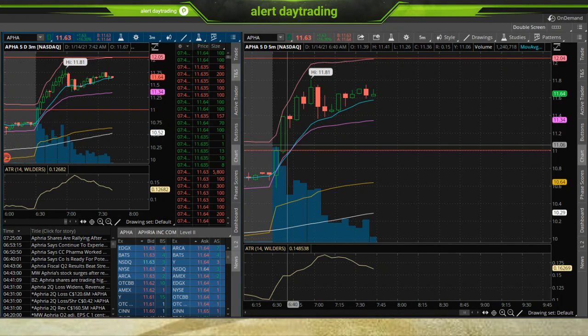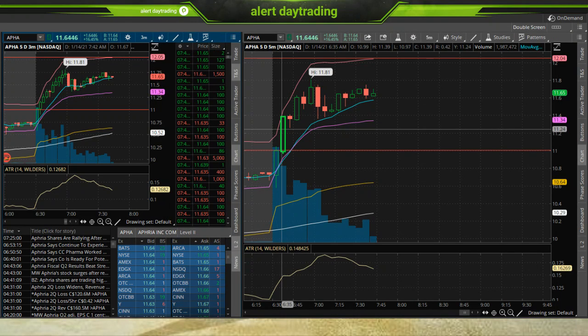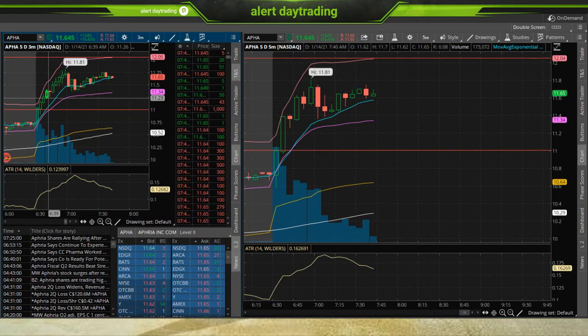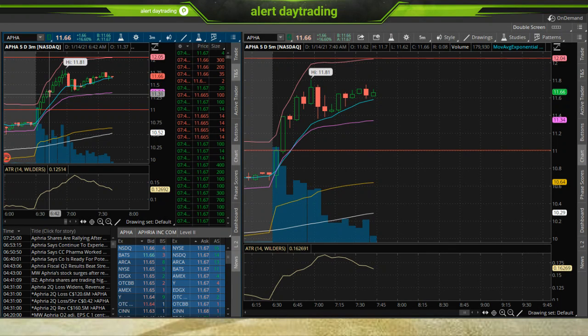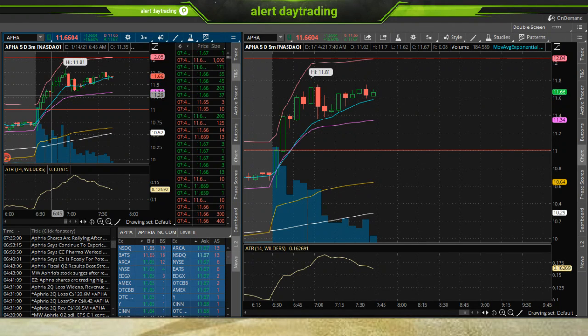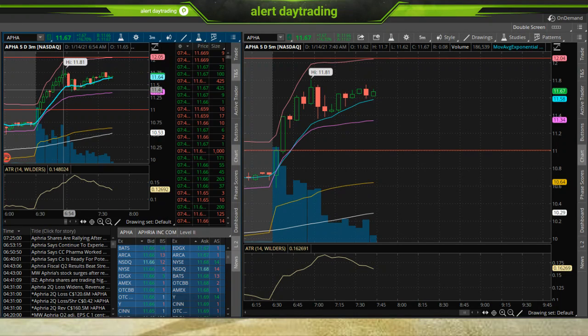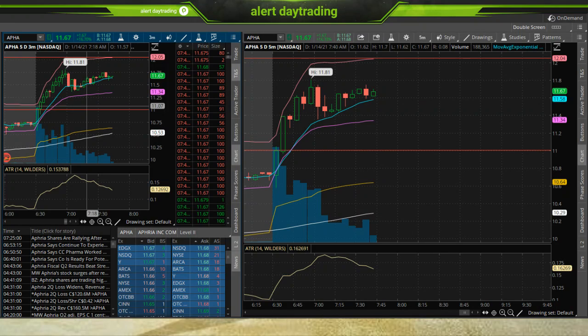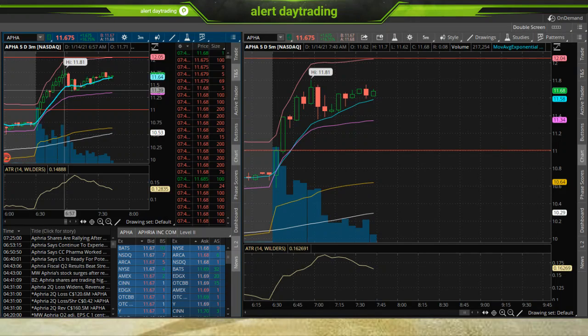So you can see we pushed up higher, and then here's the pullback. So the levels were pretty much the same on both time frames, but I used the 3-minute. And then I guess the difference would be that I'm using the smaller stop loss with the EMA as the stock continues in my favor. So the 5-minute EMA is going to be lower than the 3-minute. So I guess by using the 3-minute, I'm minimizing maybe giving away